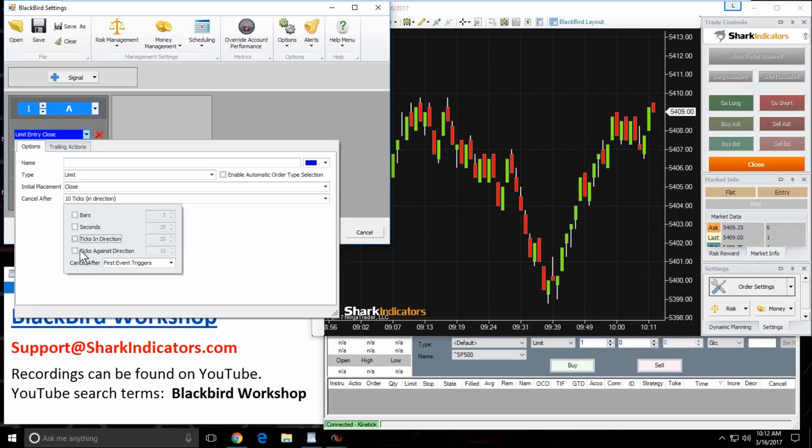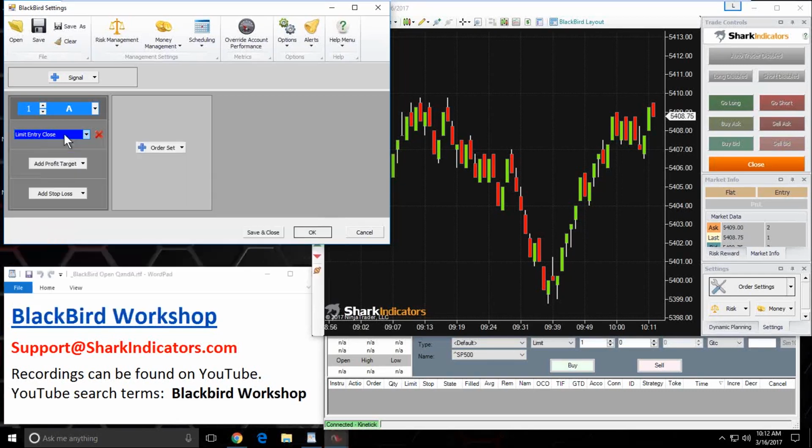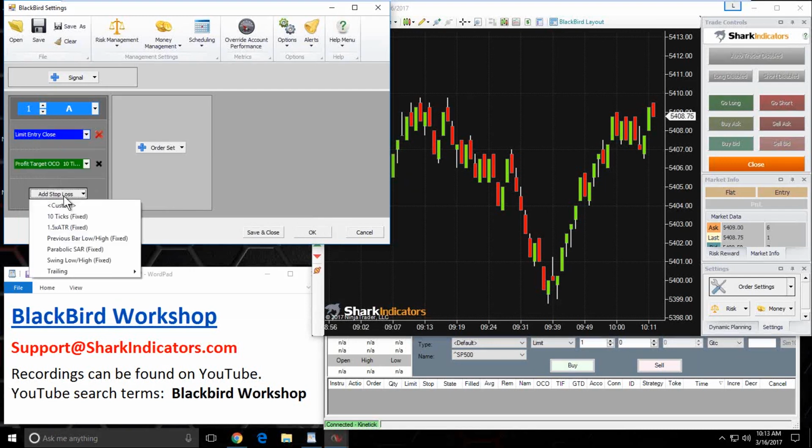So, all right, ticks against direction. Really, that doesn't apply in this case, but it's just a part of the package for this whole menu type here. So, all right, but anyways, getting back to the main question,